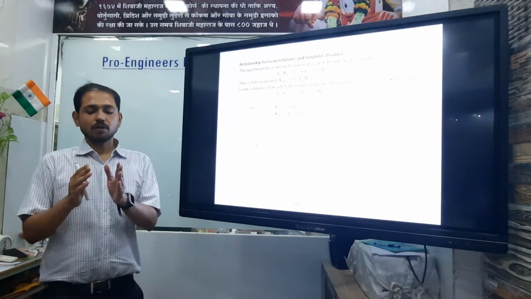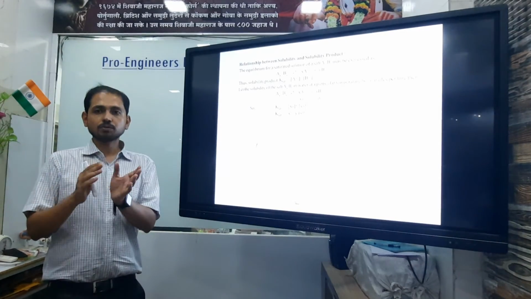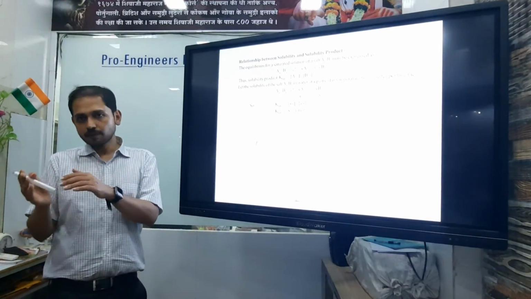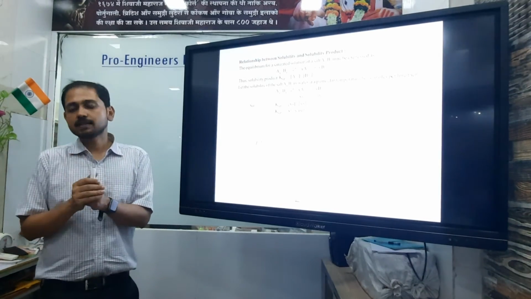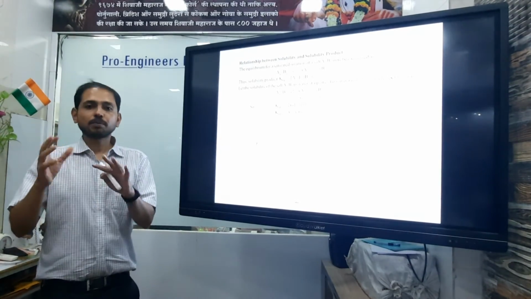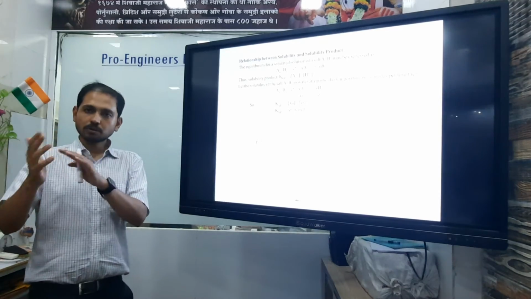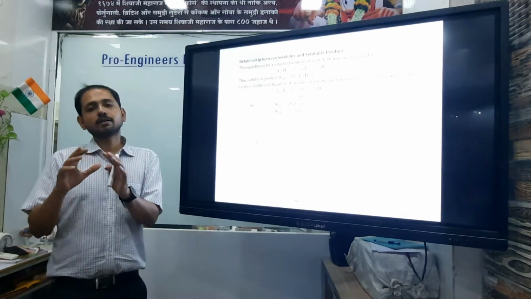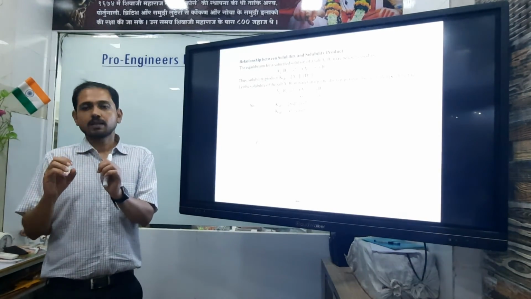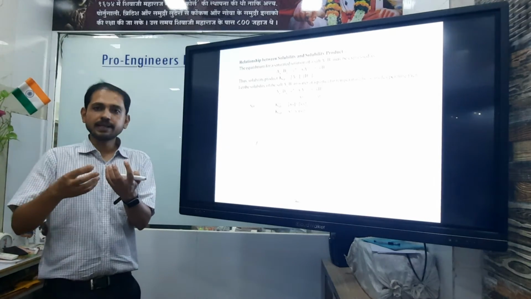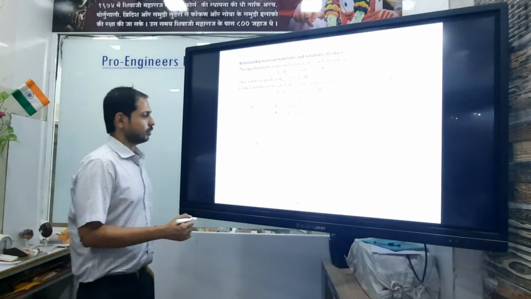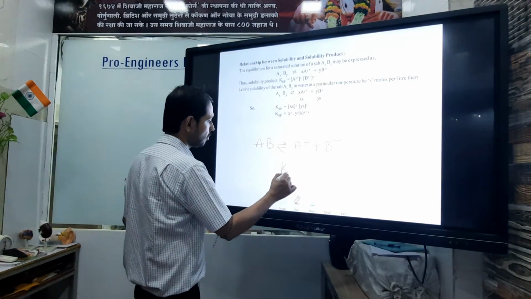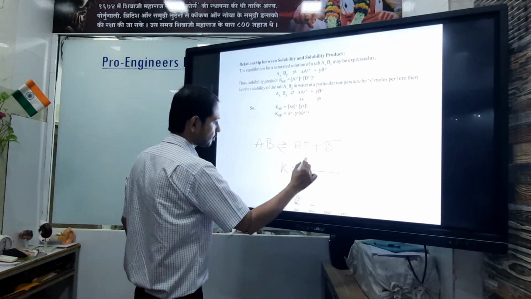Suppose we increase the temperature. The reaction will move either in the forward direction or the backward direction so that it can minimize the effect of the temperature. If you increase the pressure, the reaction will go forward or backward so as to minimize the effect of the pressure. The same will apply for the reagent also, because that depends on the equilibrium constant.